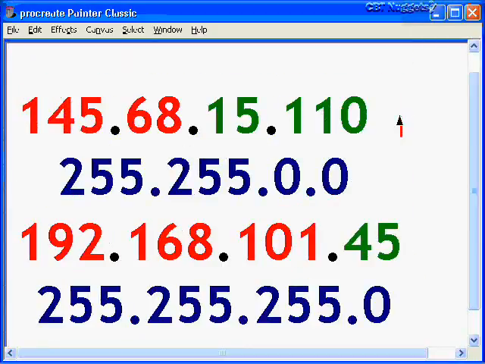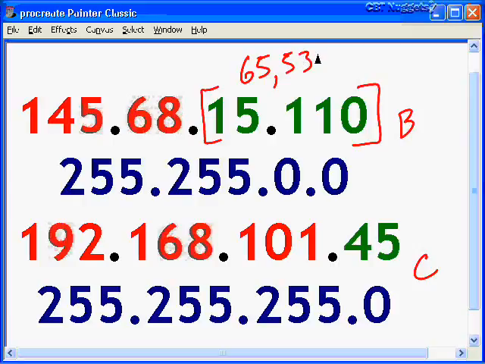Remember earlier we looked at this Class B address and this Class C address, and we realized that this Class B address, since it uses 2 octets or 16 bits to represent the host, gives me 65,534 hosts per network. Well, think about it. You're not going to find an Ethernet domain or a local area network that has 65,000 hosts in it. So it's very likely you might want to break down this domain of 65,000 possibilities into subdomains, what we call